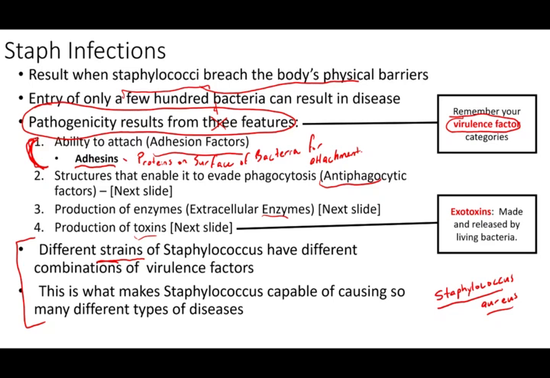Because there are so many virulence factors that exist across all the Staphylococcus aureus strains, what determines the clinical manifestation of a staph disease is very much dependent upon what virulence factors are present in a particular strain of Staph aureus. That also makes staph a little bit more difficult to diagnose because there's not one disease that it causes, so it's not a nice one-to-one relationship where we can say something like,